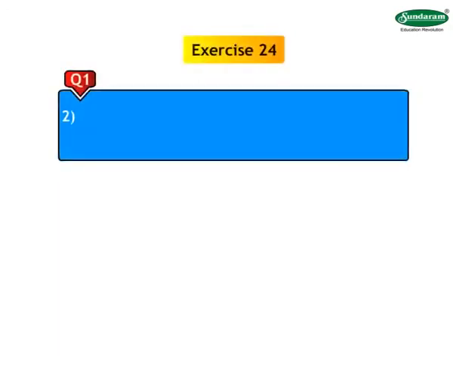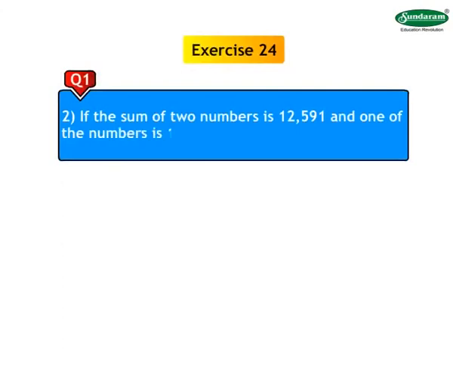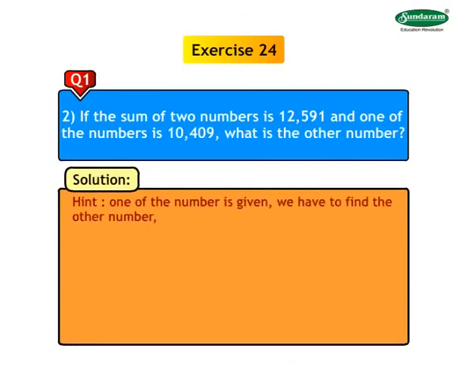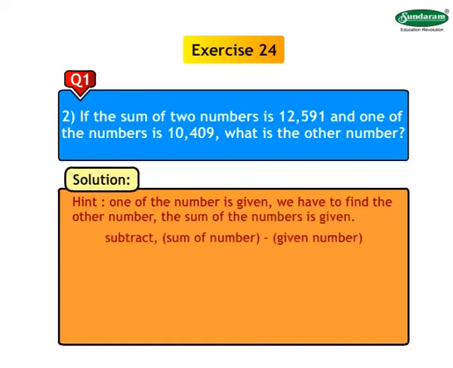2. If the sum of two numbers is 12,591 and one of the numbers is 10,409, what is the other number? Solution. Hint. Since one of the numbers is given, we have to find the other number. The sum of the numbers is given. Subtract the given number from the sum of the numbers. Sum of the numbers